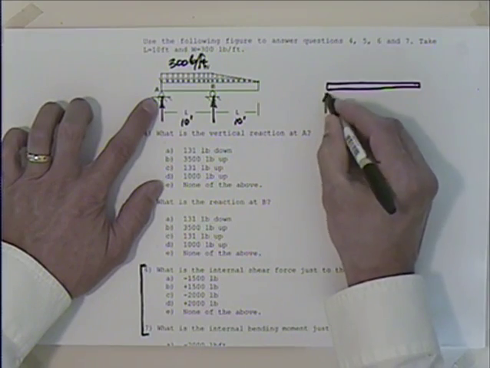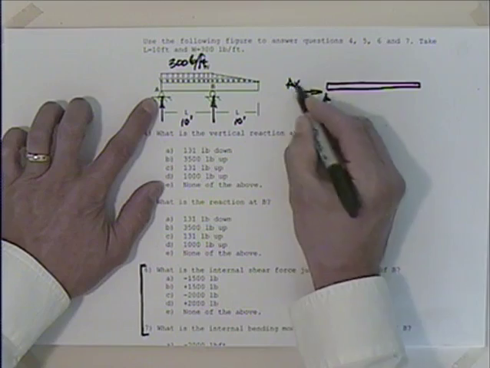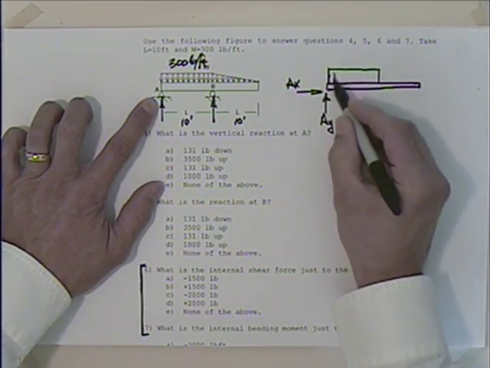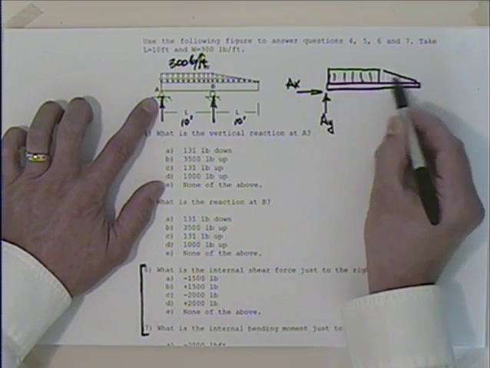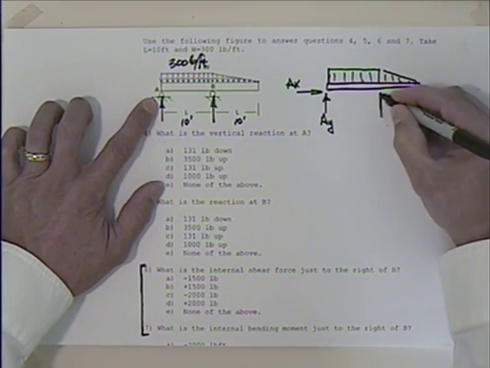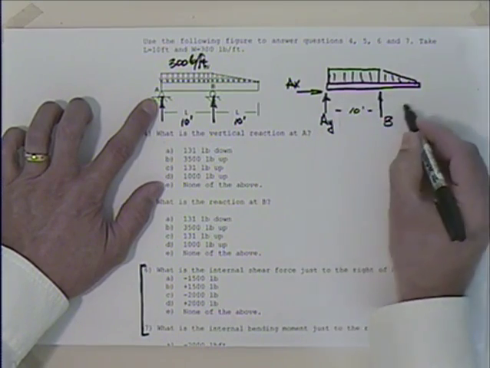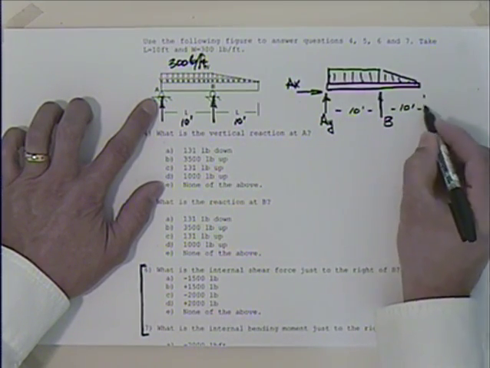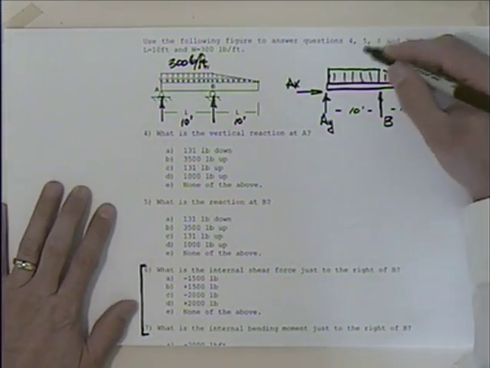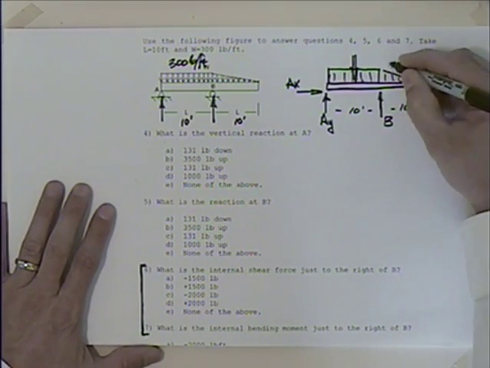At A, I have AY, I have AX, and I've got this load there like that, and we have this one like that, and we have B, and this is 10 feet and 10 feet and 300 pounds per foot. So I could look at this really as two equivalent loads. This one is going to be at the centroid of that rectangle,